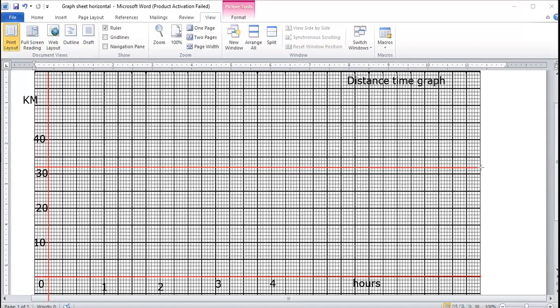Okay, now Ethan and Michael are moving toward each other. So maybe one of them is over here and maybe one of them is over here. Now it's your choice wherever you want to put Ethan and wherever you want to put Michael. You can put Ethan on the top and Michael at the bottom, or you can put Michael at the top and Ethan at the bottom. It's completely your choice. Now, what I'm doing over here is that I'm taking Ethan over here. This is my Ethan, which I'm going to plot over here.